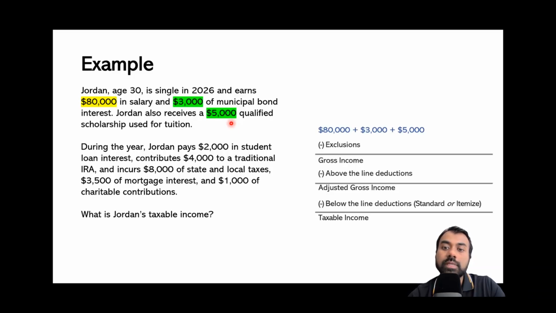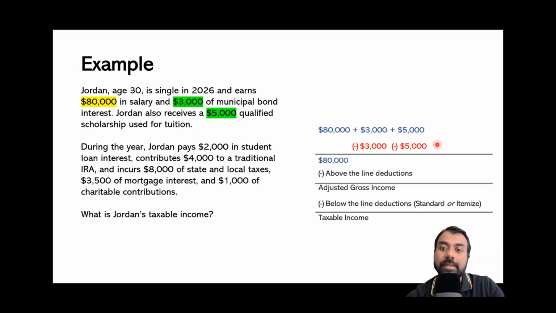Now, we also think about, are there any exclusions? Again, in our first video, we learned about certain sources of income that the tax law allows us to exclude. And it appears that in this case, there are two sources of income that can be excluded. One is $3,000 of municipal bond interest, and also $5,000 of qualified scholarship used for tuition. Again, because these are used for tuition, that's why this scholarship amount is excluded from our gross income. So what that essentially means is our gross income is just equal to our salary,